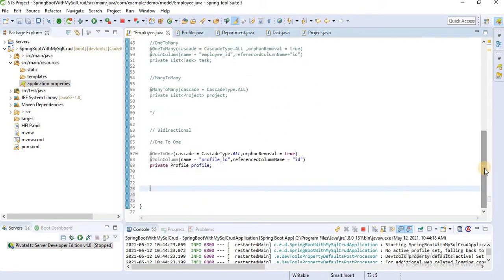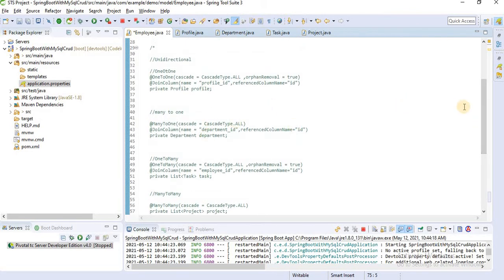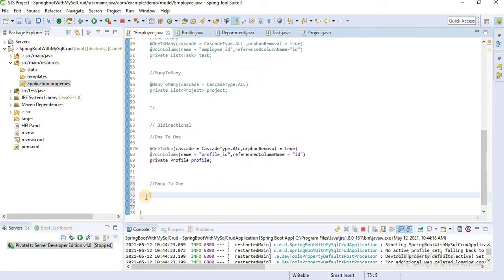Let's see the second one, many to one. For many to one, which class did we use earlier? Here we use department. That means one employee has one department, but one department has multiple employees. Let's create a department.